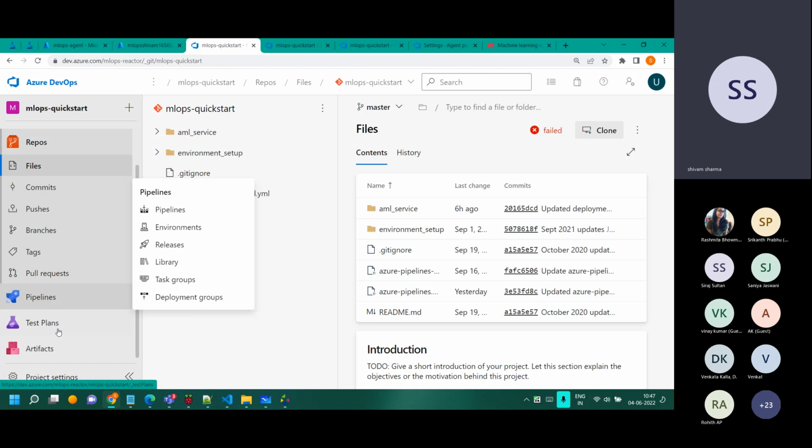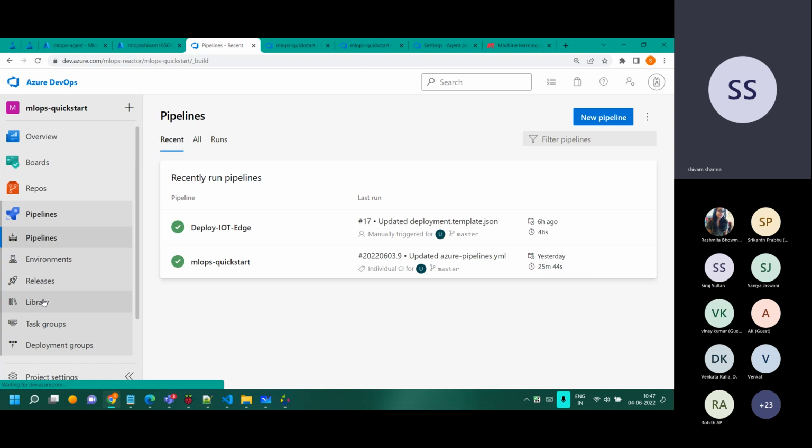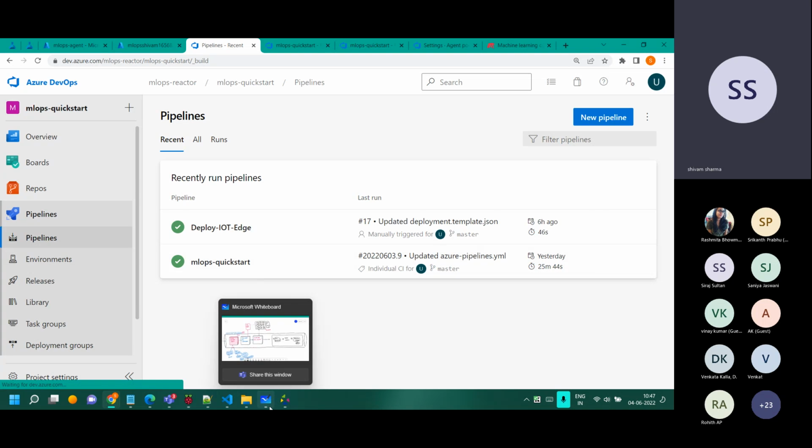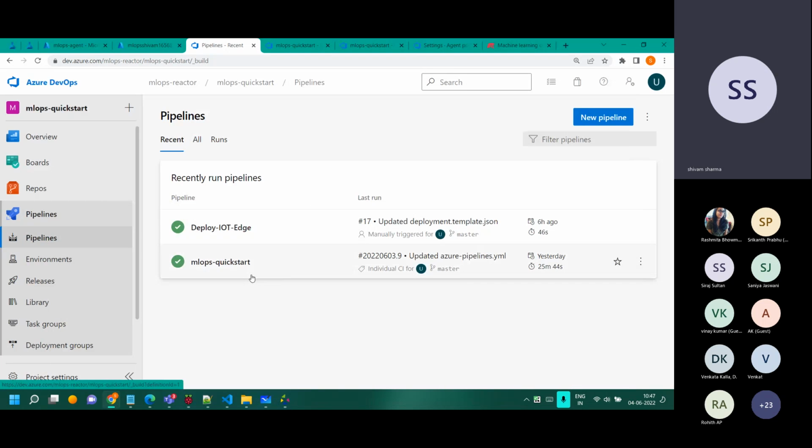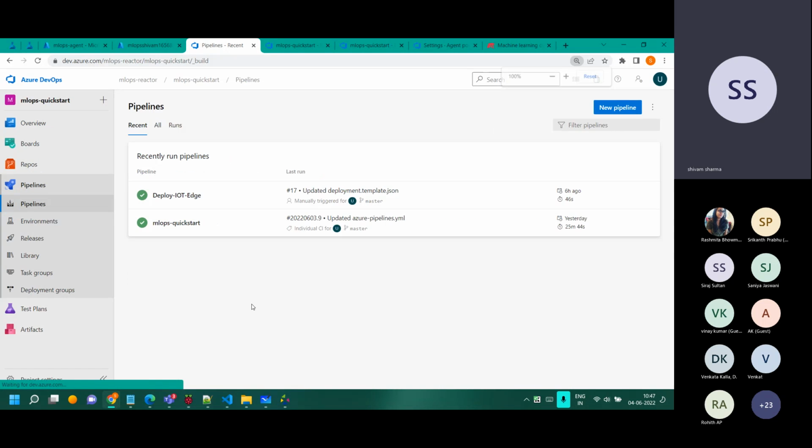So I'll go to the pipelines over there. Now you have to create the pipeline. The pipelines are taking a lot of time to run. Initially, they were taking 60 minutes to run. Then I increased the cluster size. You see this cluster size over there, this one. Then it started taking 25 to 35 minutes. So I already executed the pipeline. I'll walk you through the configuration because 35 minutes, I don't think we can practically put it in the session. So let me zoom out once.